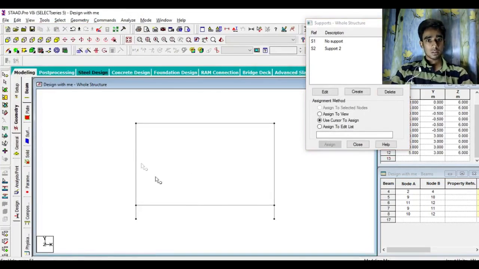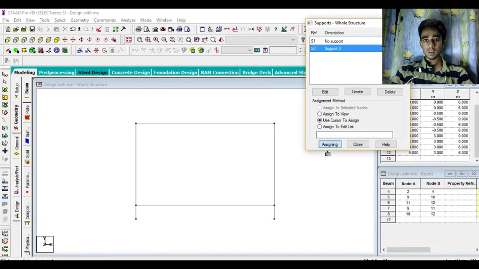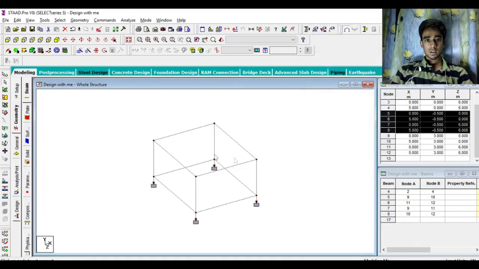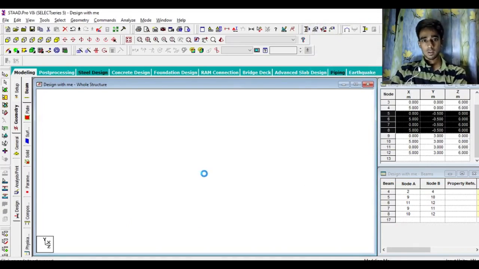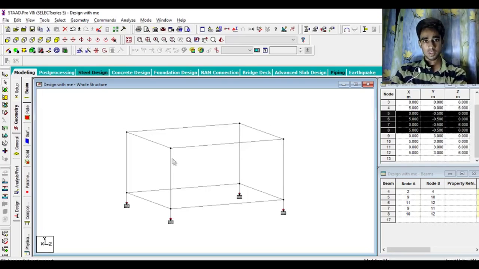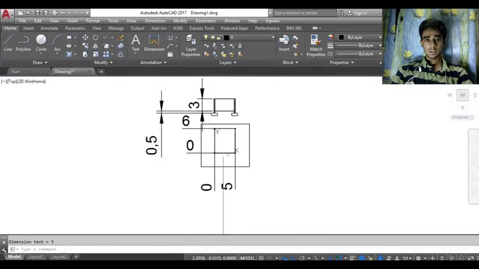Take this view. Let's select this part. Okay, fine. Let's see if it's assigned to all now. Okay, done. Now I have assigned the supports to this. I can see the model also. Supports have been assigned. Now what I need to do is assign a few material properties like the dimensions,